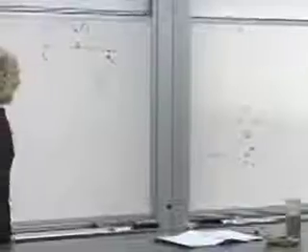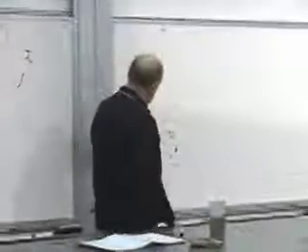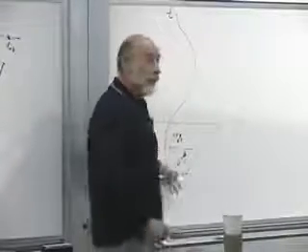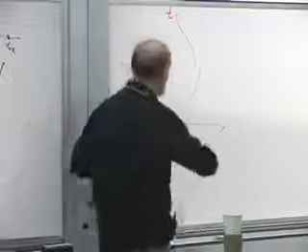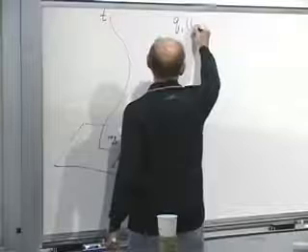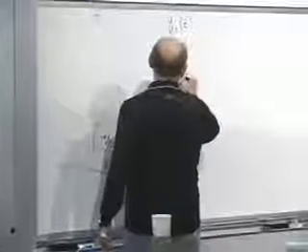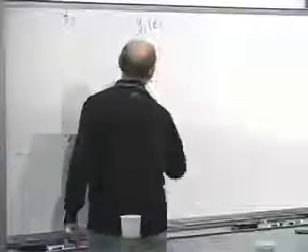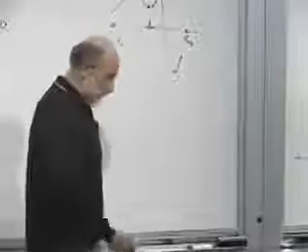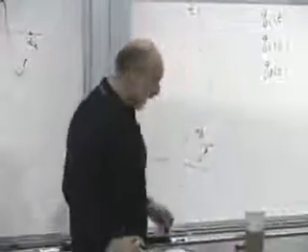Okay, so that's T. And a trajectory, or a history of a system, is a trajectory as a function of T of all of the Q's, the Q's being the coordinates. In other words, it's a set of functions Q1 of T, Q2 of T, Q3 of T, all of the various generalized coordinates that describe the system. If you know them as a function of time, then you know the history. We're interested in the histories of systems, the trajectories.